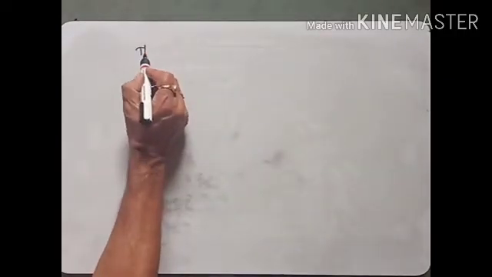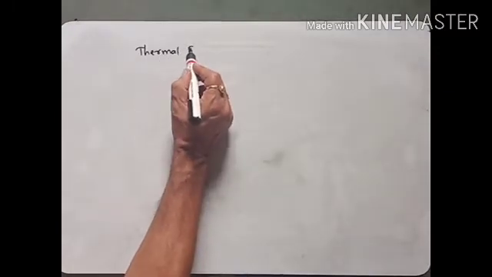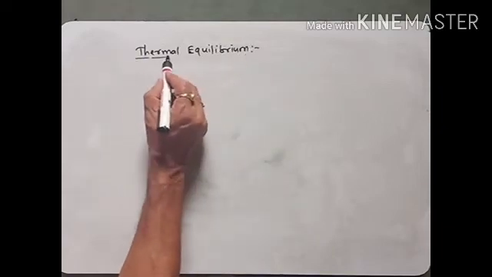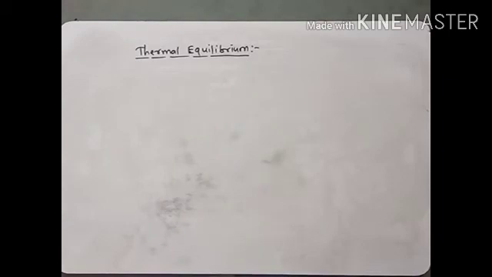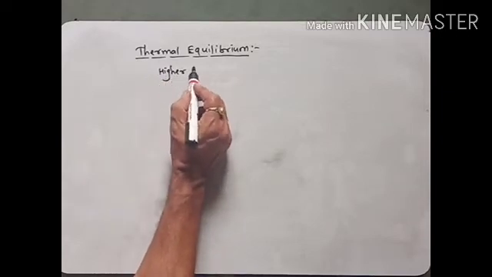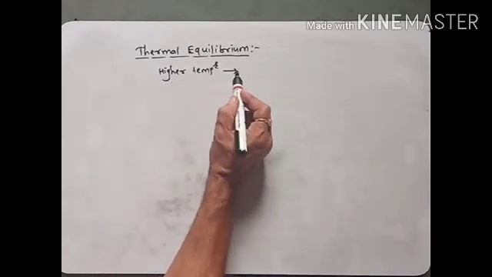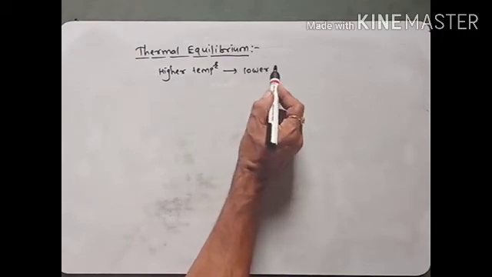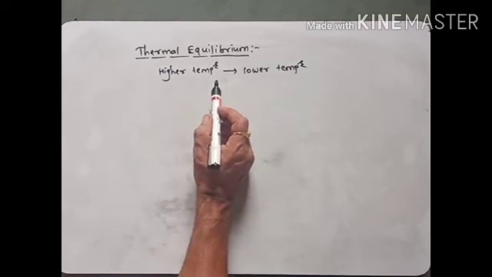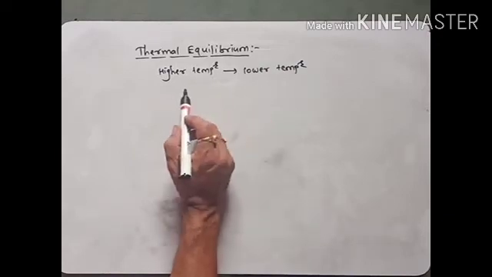Now we will see what is meant by thermal equilibrium. What is meant by thermal equilibrium? Here we consider generally, heat always flows from higher temperature to lower temperature. This is the natural tendency. Heat always flows from higher temperature to lower temperature, and this transfer continues till the temperatures of both the substances